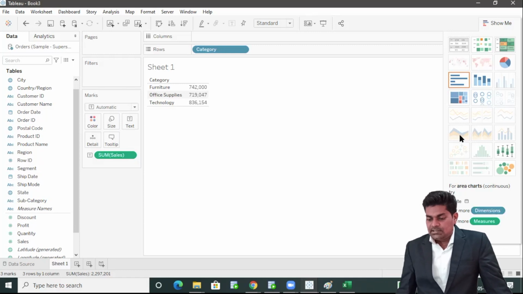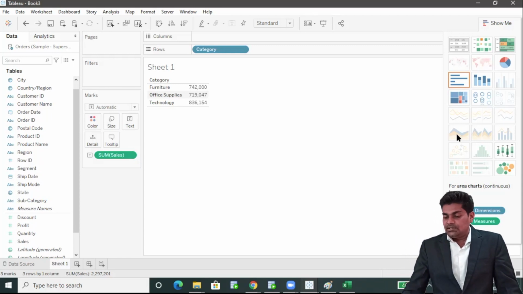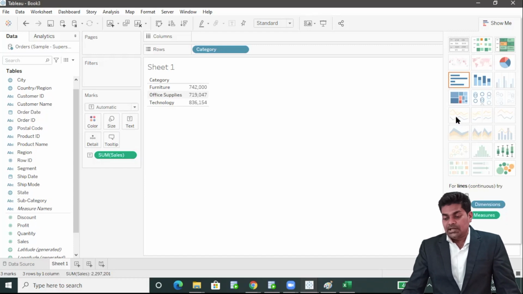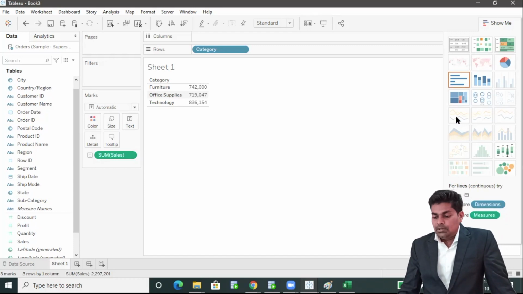Suppose this is a line chart, this is an area chart. So in an area chart we need one date field, zero or more dimensions and one measure. This is a line chart. So in a line chart, one date, zero or more dimensions and one or more measures.